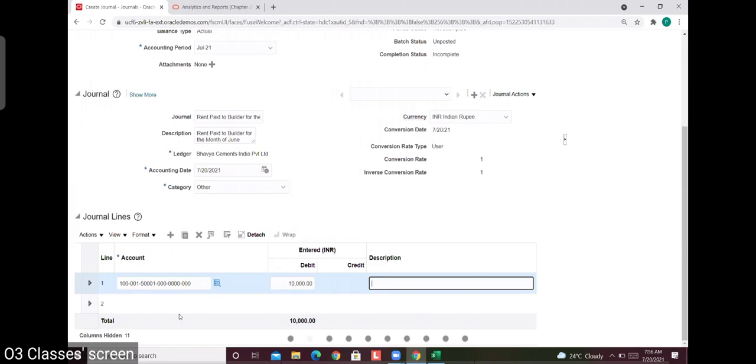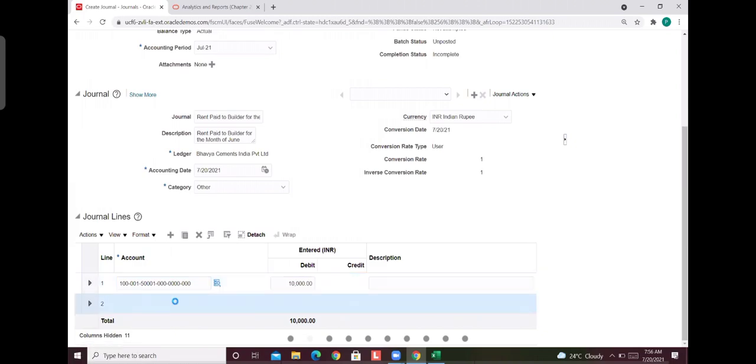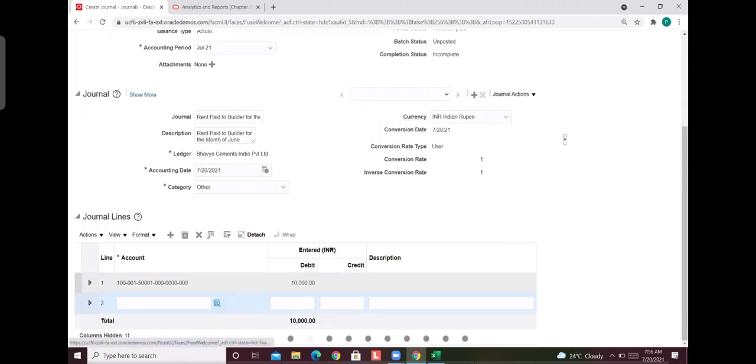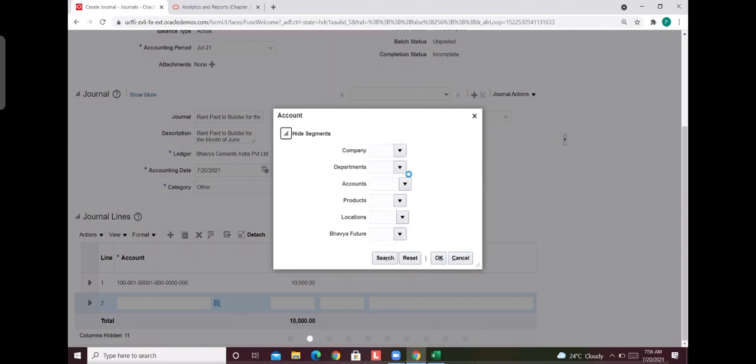India has 2 precision. If it is Japan, no. If it is Bahrain, 3 precision. Depending on the currency code precision, it will be populated here. Then enter 001. So we will pay by cash or check.